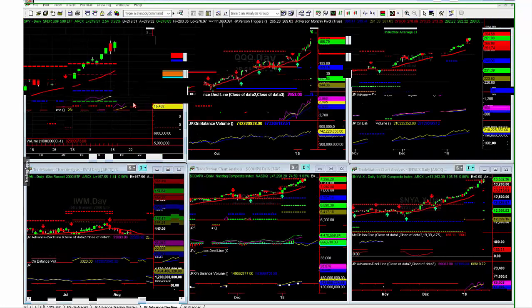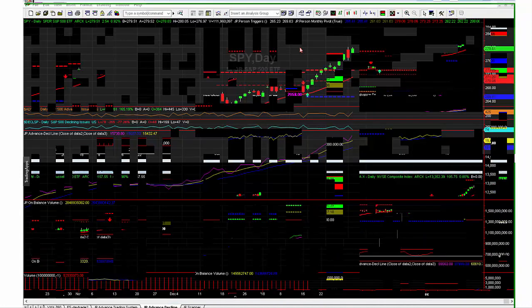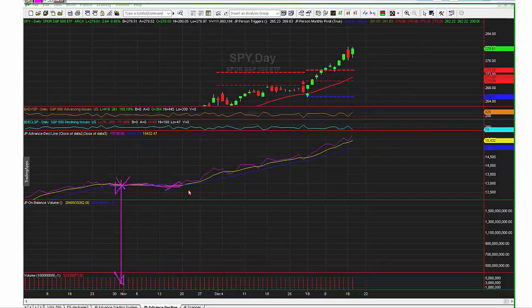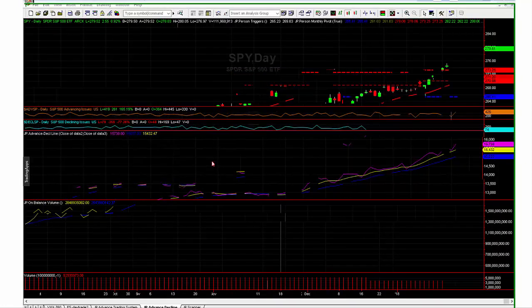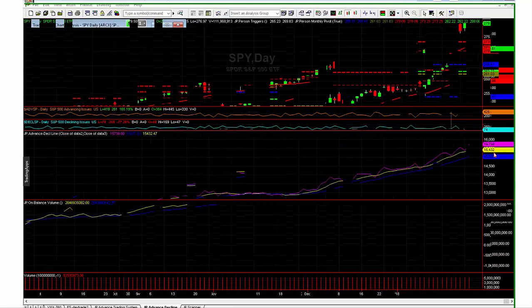It's been quite some time since we have gotten a breakdown of the advanced decline. And when I say quite some time, it was like late October, November, and since then the breadth purple line is above both the moving averages. Overbought, sure, and it can get overbought, and I tell you what, when this party ends, if history repeats itself, it's going to bring a heck of a hangover when this thing decides to give it up, that's for sure.